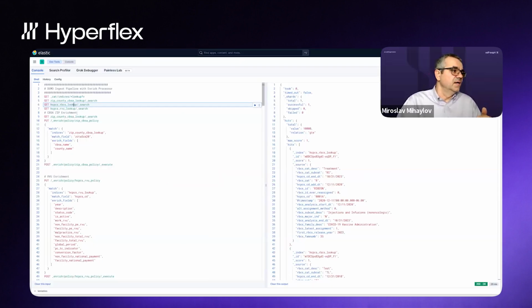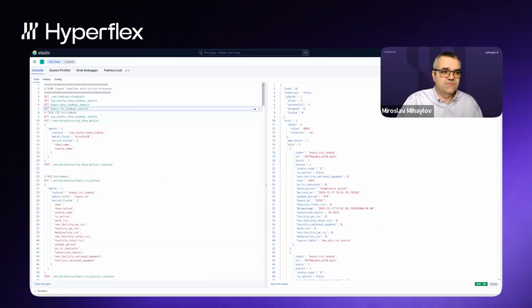Later you'll see. And the third one is the RVUs file. RVUs are the relative value units, which basically represent the relative resource use and complexity of a given medical procedure. Basically, they are like adjustment factors for different kinds of procedures. And basically, you create your policies, which is shown in the diagram here.